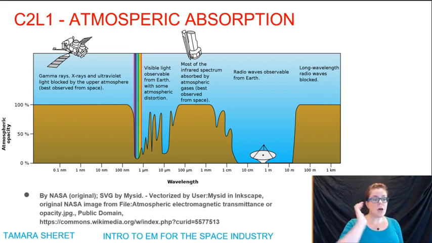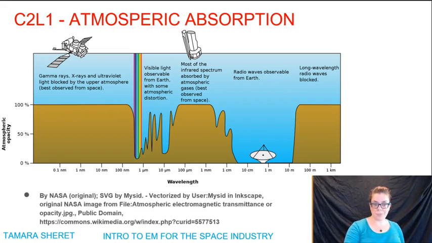So we're going to start over on the left-hand side and look at the gamma rays. So gamma rays, X-rays, ultraviolet, 100% blocked. You'll know, if you have anything to do with astronomy at all, that all the images that we get in these wavelengths are to do with images taken from satellites. So you just don't try and do any observations on Earth, because it's impossible, because all the information is absorbed